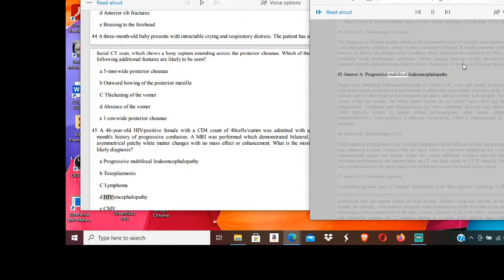45 Answer A, progressive multifocal leukoencephalopathy. Progressive multifocal leukoencephalopathy is caused by JC virus and results in destruction of the oligodendrocytes, resulting in demyelination. It affects the white matter anywhere in the brain in HIV patients and is often bilateral but asymmetrical and is not associated with atrophy. Death typically occurs within 6 months. The white matter lesions do not exhibit mass effect and show minimal enhancement. Lymphoma and toxoplasmosis are more commonly discrete ring-enhancing lesions. CMV typically results in patchy diffuse periventricular white matter changes. Human immunodeficiency virus produces a